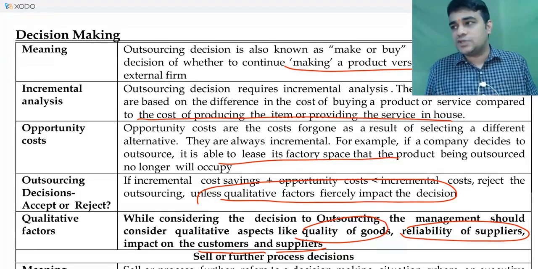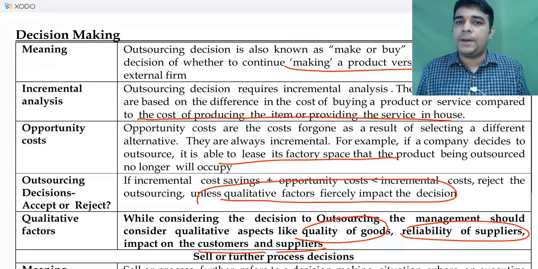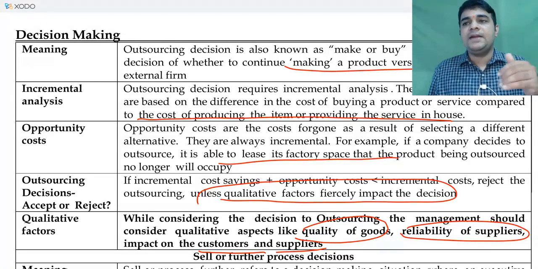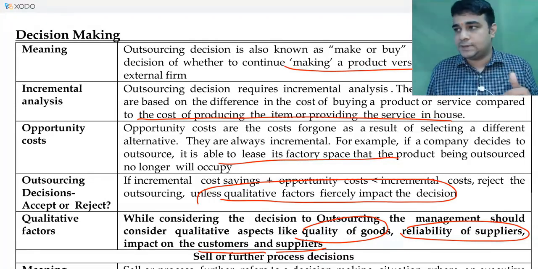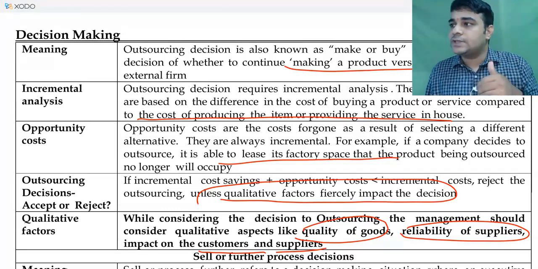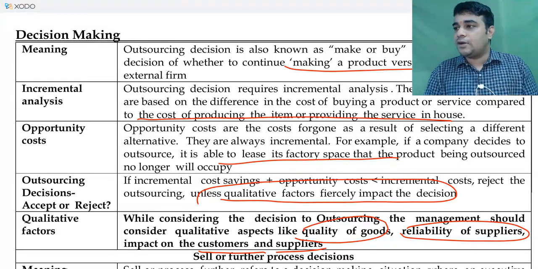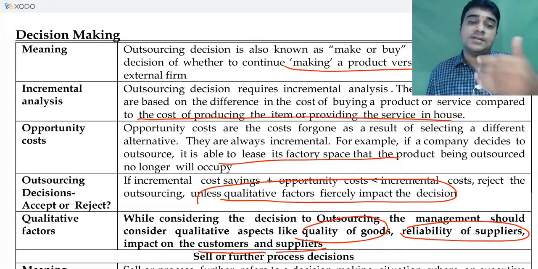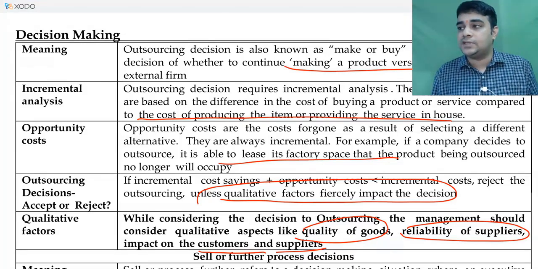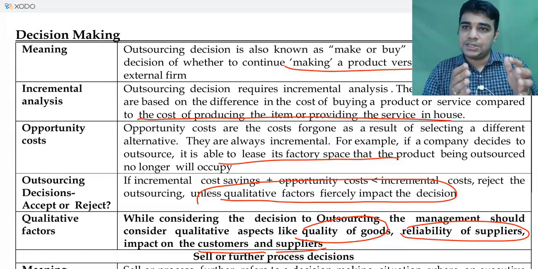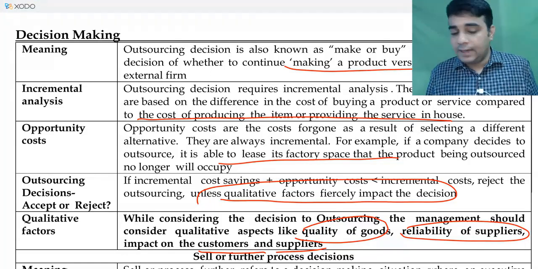Company as of now is into spinning. Spinning is basically they prepare something called cotton yarn. They may decide to go to a next process. They may decide to process it further and get something called fabric, or they may decide to process it further and go to a stage called garment. So that's a decision an organization may take.